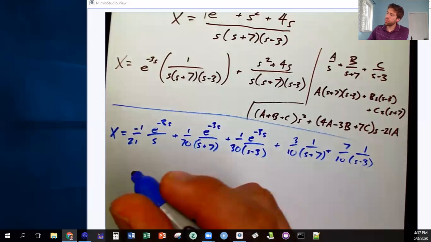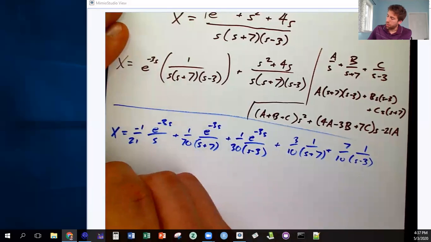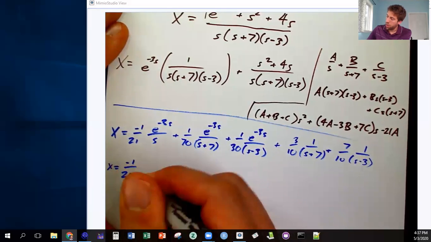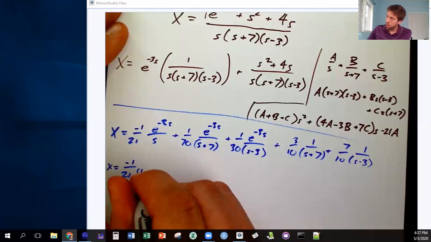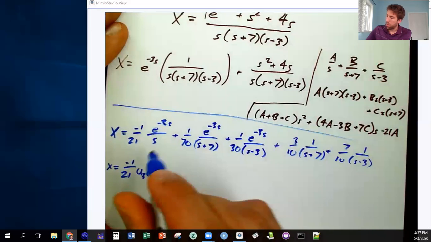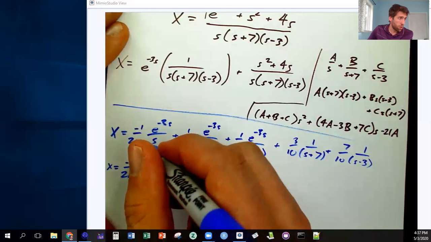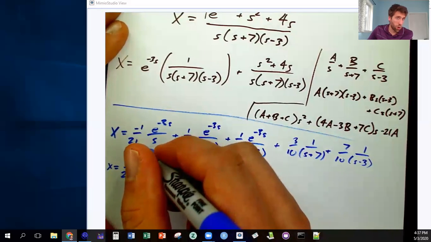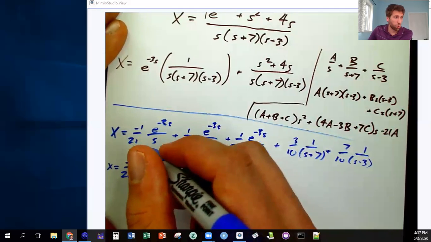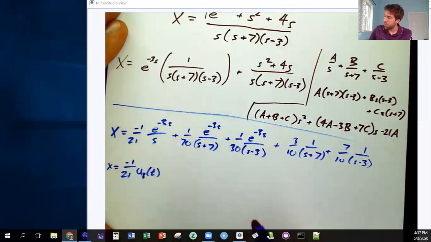So that means little x equals negative 1 over 21 times u3 of t times, and then 1 over s would normally be 1, and so it's 1 shifted is still just 1, so that stays the same,